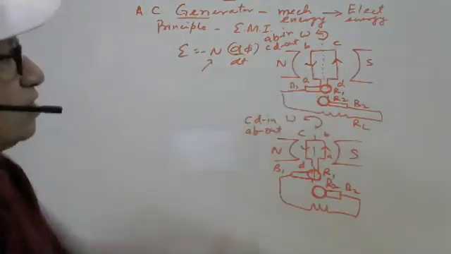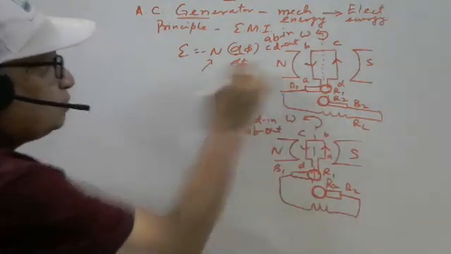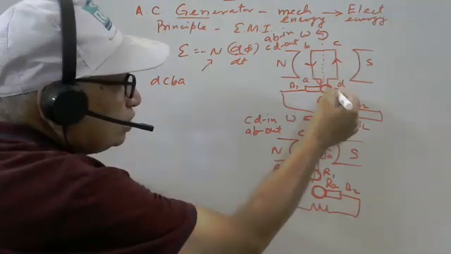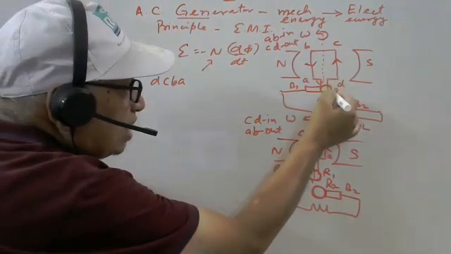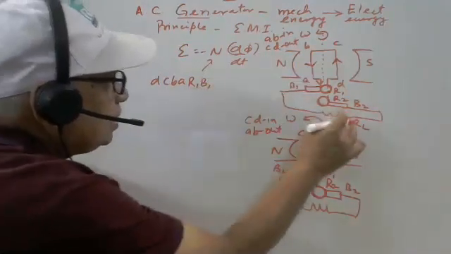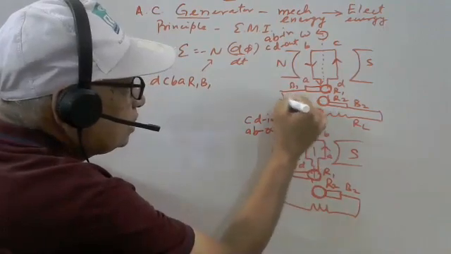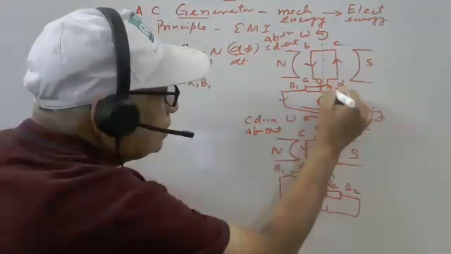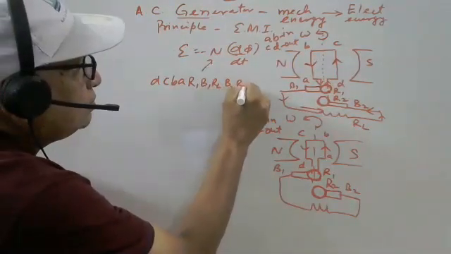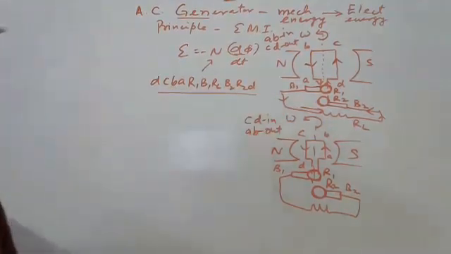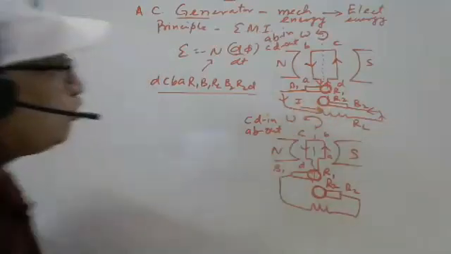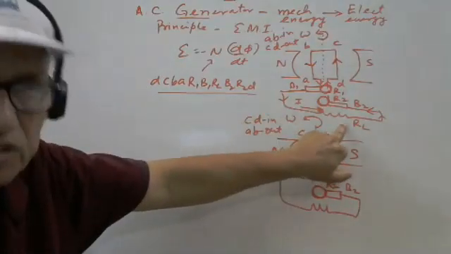Now see the sequence of current. Here in the first part, the sequence of current is DCBA. Current goes from A to ring number 1 and brush 1. Through the load resistance, the current flows like this, then RL, then brush 2, ring R2 and D. This is the sequence of current. So in this, current is flowing from left to right in the load resistance.